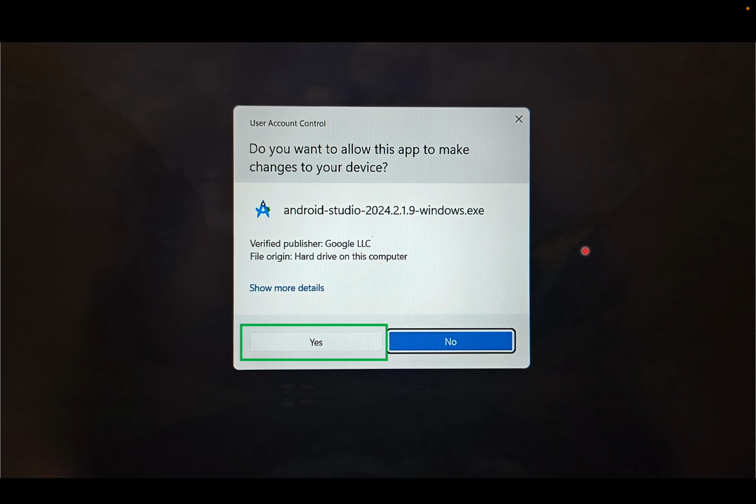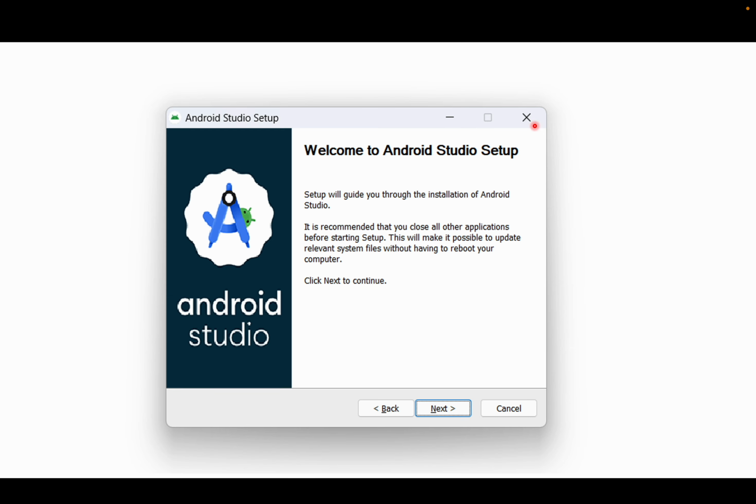and you will get a pop-up like this. This is a system pop-up. I have taken this screenshot, photo in my mobile, because we'll not be able to take the screenshot of this because it's a system pop-up. So here you need to select yes, and you will get a window like this. Here you need to select next,